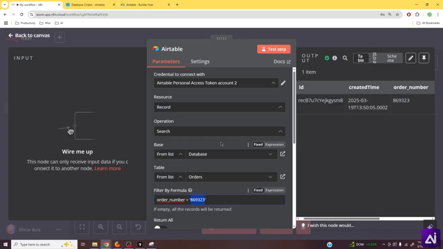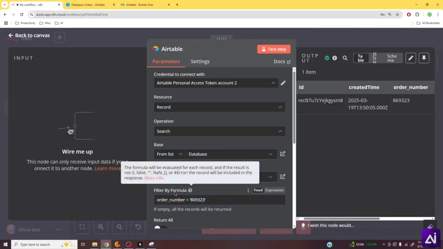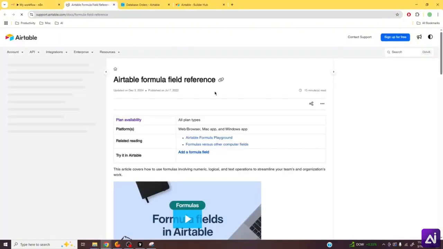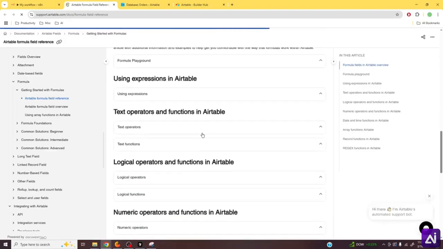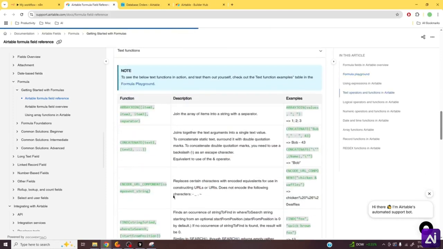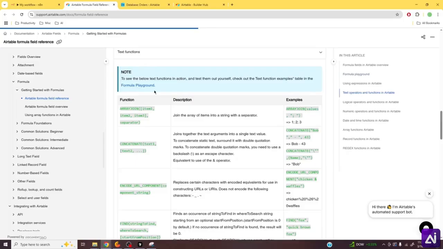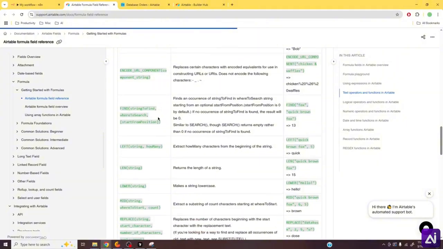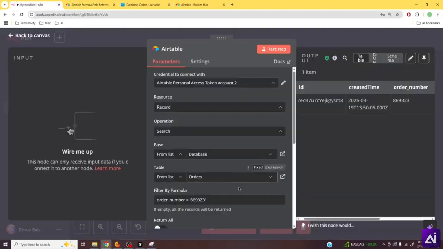If you want to explore some of the more advanced filters, you can just come over here and open up the more info, and that should give you a reference guide for all the different things that you can do. And I'll just show you one of these so that you have an understanding of how you might go about implementing these. So here we have some of these text functions. You can concatenate multiple data values, but what we're going to do is implement this find function, which might actually be useful to a customer